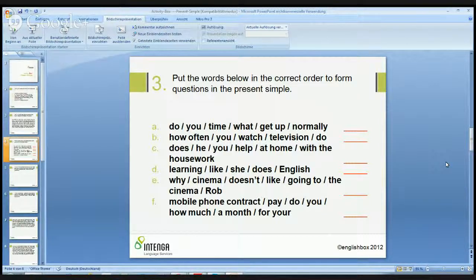Again, so that's more of an open question. So there'd be: Rob doesn't like going to the cinema because he doesn't like movies. Okay. He's more of a television man. Okay. And then lastly, how much do you